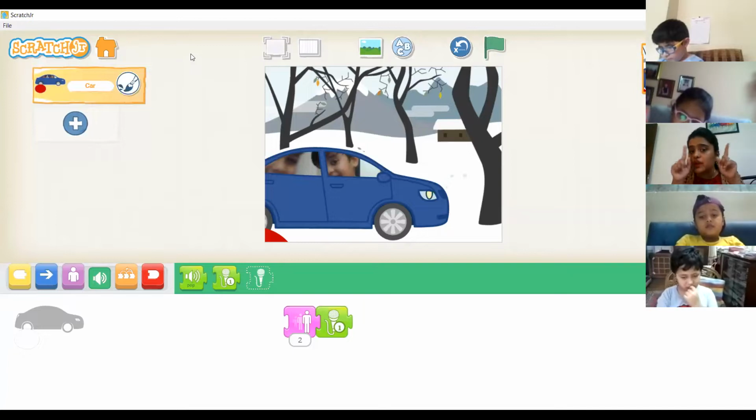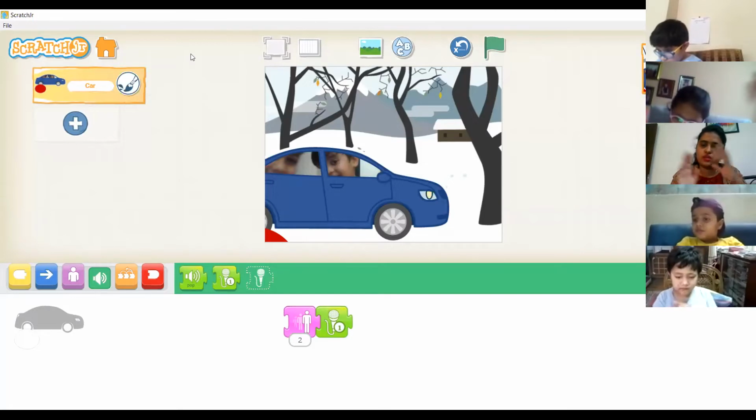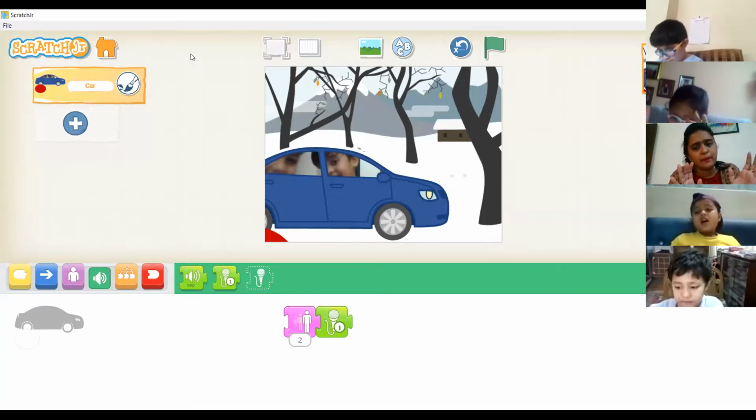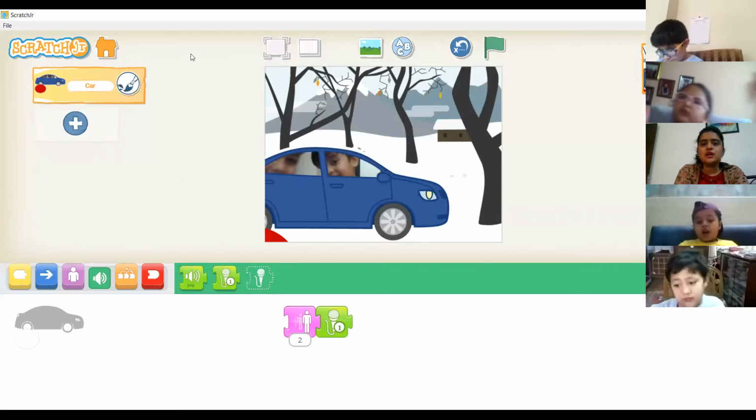And then we have put up a background on our project. Fine. And then we have also inserted sound. We have also understood how to insert loop into it. Loop means when things happen continuously. Okay, so when I put up a loop here, then the car kept on moving on the screen. Understood, everyone? Yes. So we have done so many concepts today.